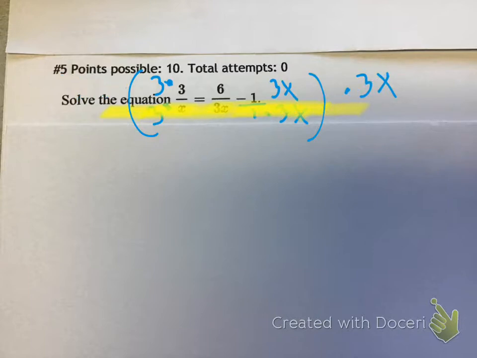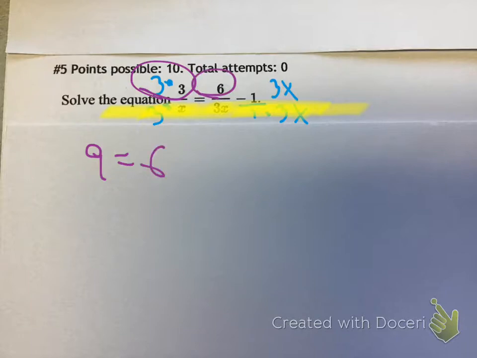For that reason, or, there's other perspectives maybe. Then we'll just say if the bottoms match, we don't need the bottoms. And we'll just focus on what the top's got to offer. And so the top over here on the left-hand side is 3 times 3, so that's 9, equals 6. Minus 1 times 3x is just 3x. And then we'll just solve that out,